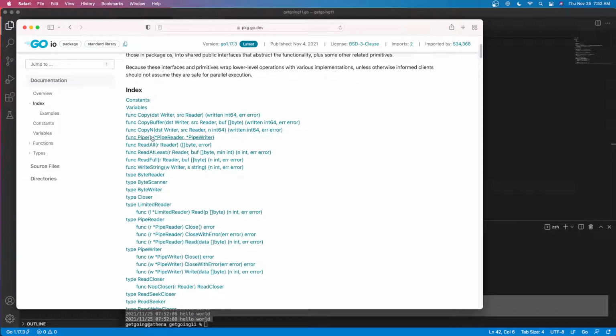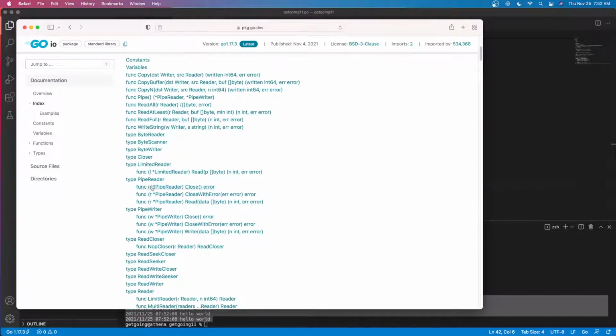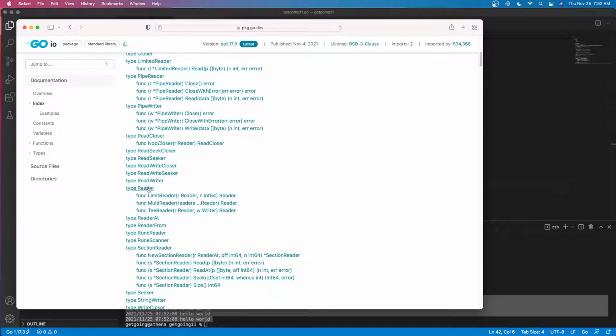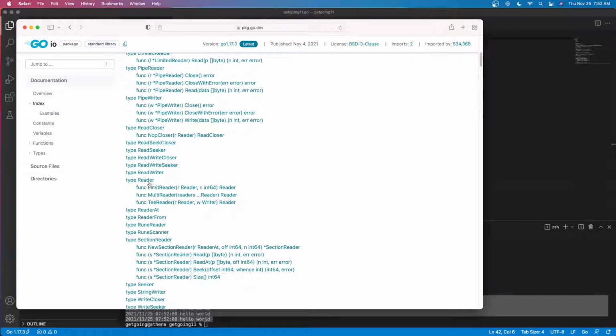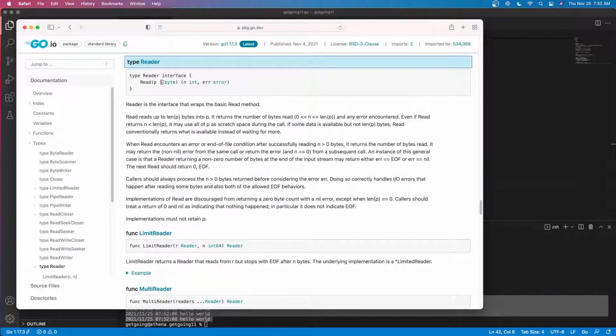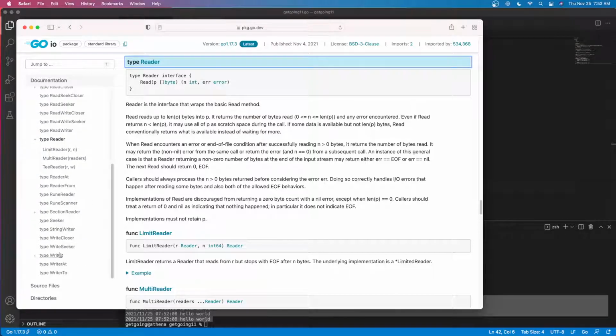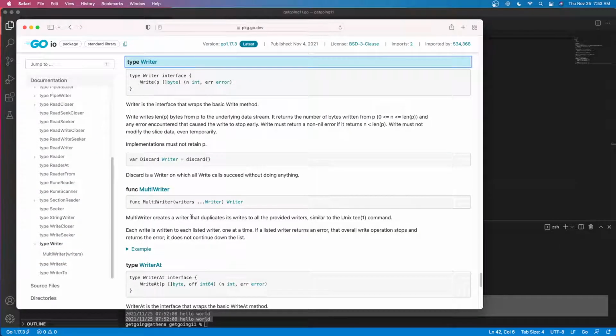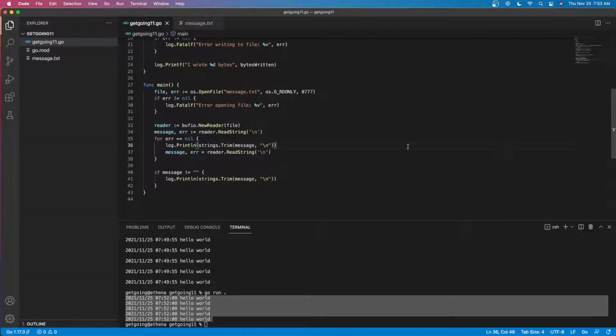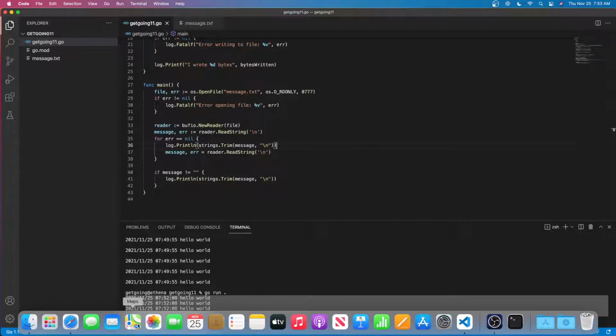If we look at the reader interface and the writer interface, we see that they take streams of bytes. And this is actually by design. This is not like, oh, well, we just need to have the lowest common denominator. It is actually by design. So everything that you want to read and write to a file, including what we did, read and write data to the